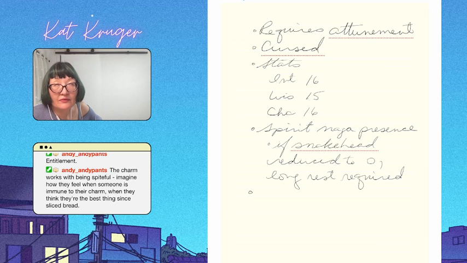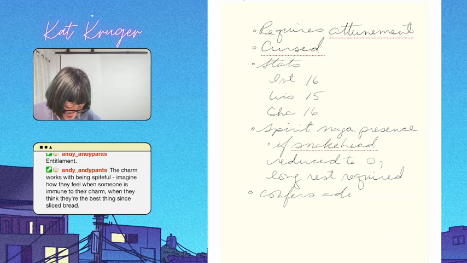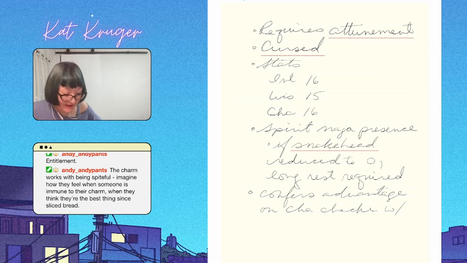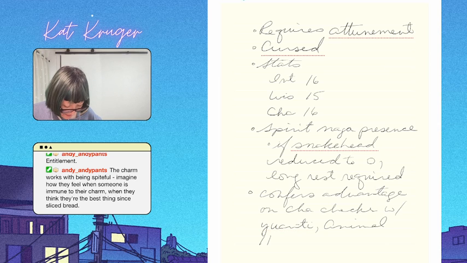Probably has advantage, confers advantage on charisma checks with any snake type creature. So Yonti, animal handling, snakes, and